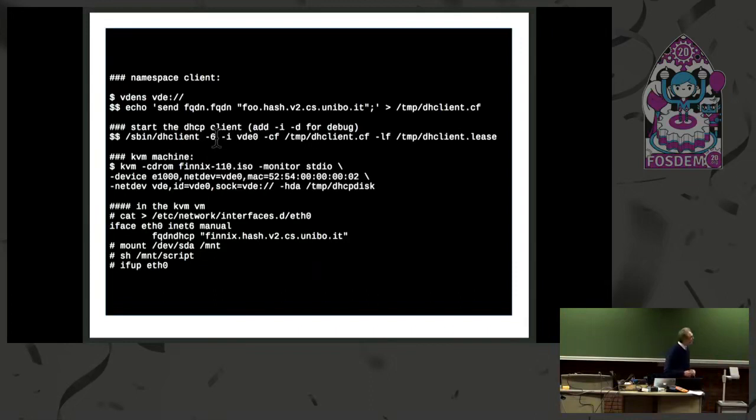If you have a KVM machine, that's the command to start a KVM machine connected to VDE. You can just add in the interfaces file the 2 lines of the first slide. And now, I'm sorry for these 2 lines. It is explained in the next slide because